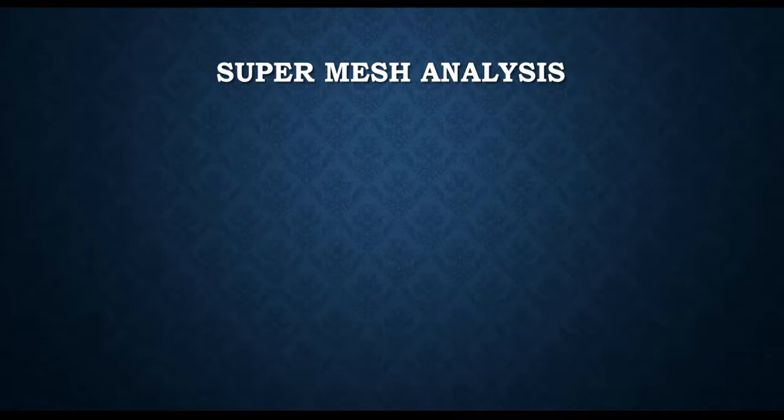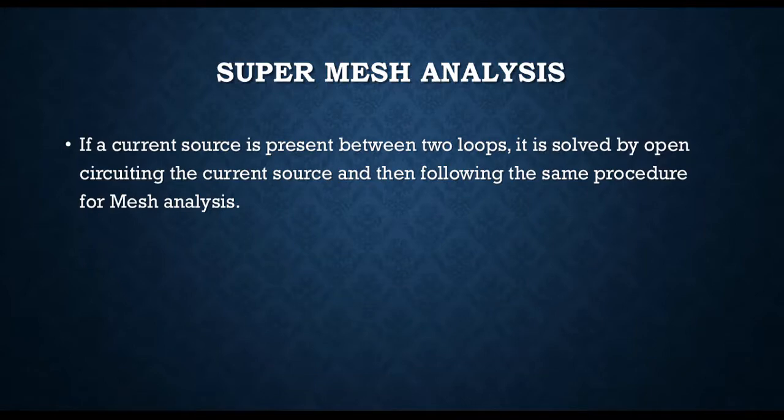We will also see this in the example, which means that when we will be sorting out the equations, we will be one, two, or three equations short in determining the unique solution. For example, we shorted one current source, and the system had total three mesh or three loops. So we will be able to determine only two loop equations. We will be short of one equation. And how do we determine that remaining one equation? By applying KCL to the node involving the current source, right? So this is just an explanation, and then we will also look at the numericals.